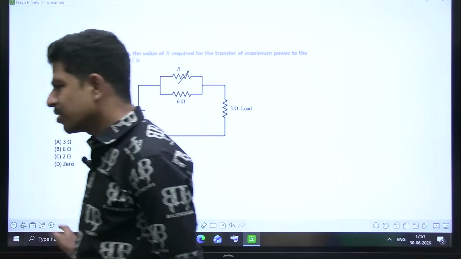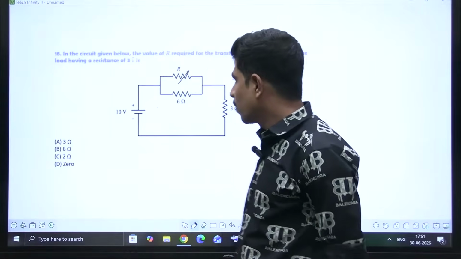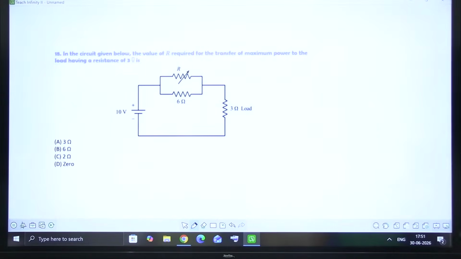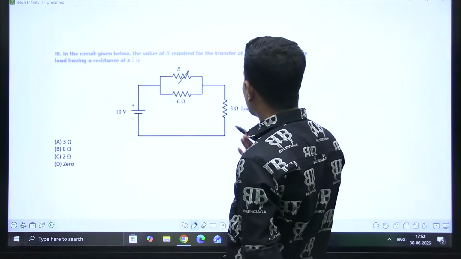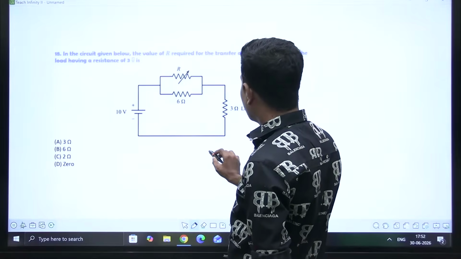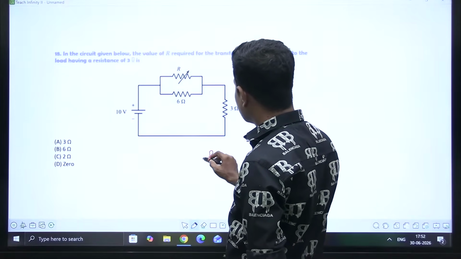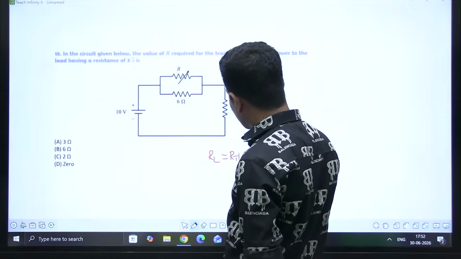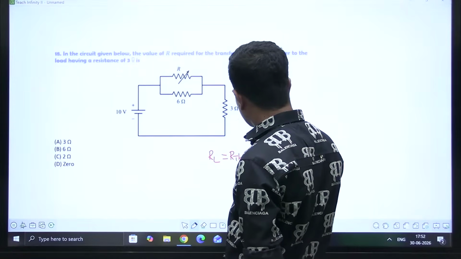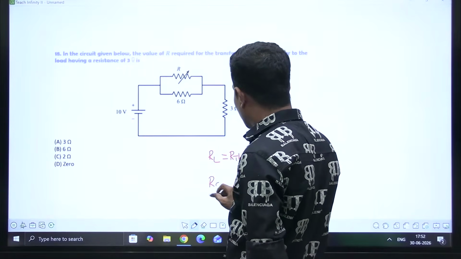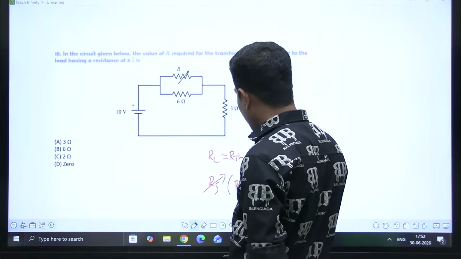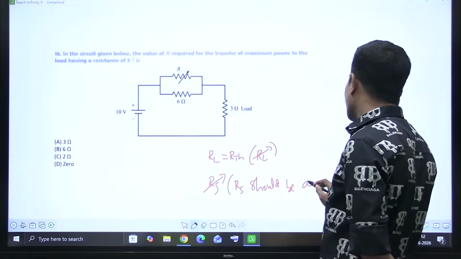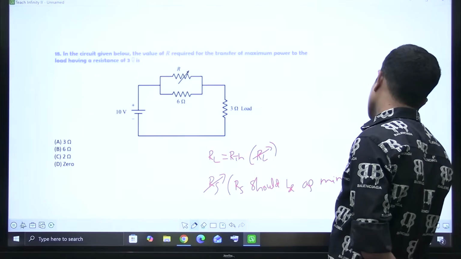Yeah, this is a damn easy question. See, all questions are easy only; no question is difficult. Now, do remember, when RL is variable, RL should be equal to RTH. But if RS is variable, then RS should be as minimum as possible. I repeat,